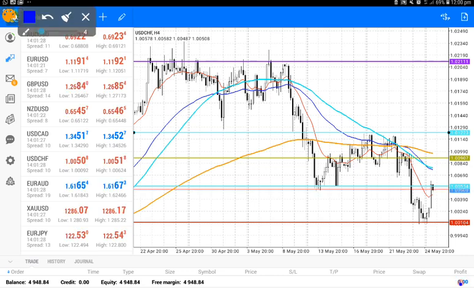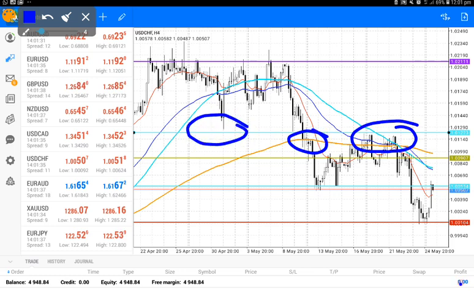So let's take a look at this point. Can you see this? This is a resistance. Okay? It's a resistance at that point. It's a resistance at this point too. But it's a support at this point. It's also a support to this movement here. Can we see that? So that is what I mean by a support becoming resistant and a resistance becoming a